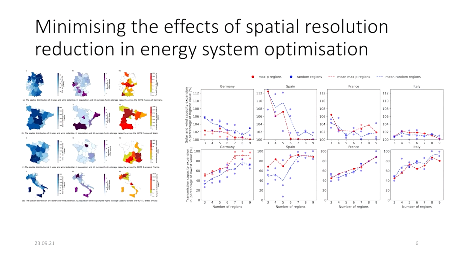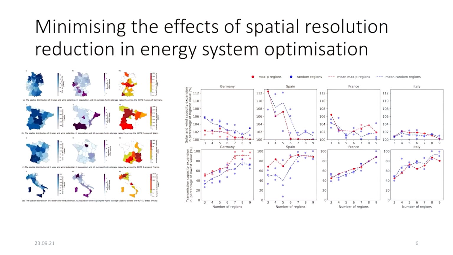So what I did in my publication, I very much looked into this in more detail. I did an analysis of how you can aggregate data, and a method that I developed, and I combine attributes of energy demand, energy supply, and storage together to aggregate areas. And I could see that by doing this, I could better capture the transmission capacity expansion needs, and I could